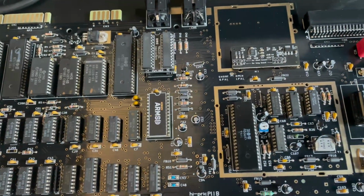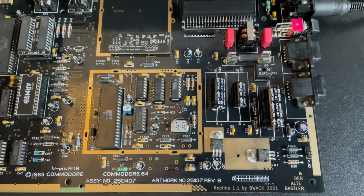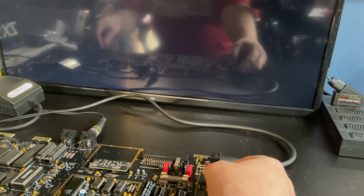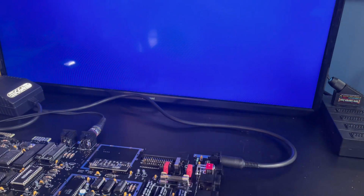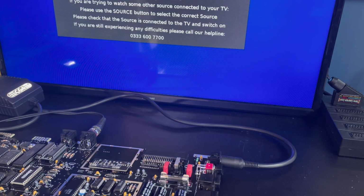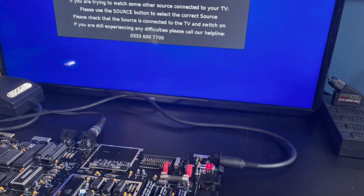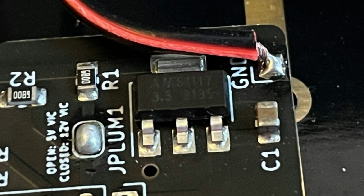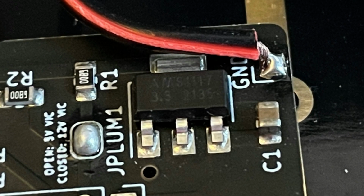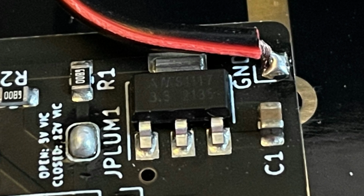So with all of those chips in place, let's cross our fingers and power on the machine for the first time. Well, nothing. Nada. Disappointing. But wait, could this be simple stupidity? Well, yes it could. I made exactly the same mistake that Yambita did when he fitted one of these modulator replacements to a long board machine,